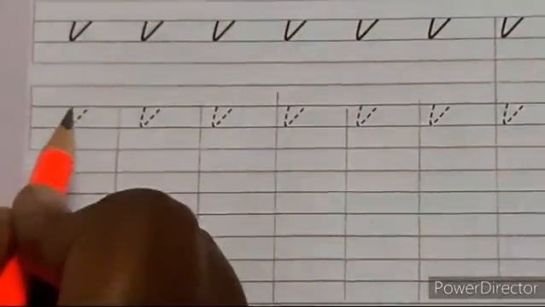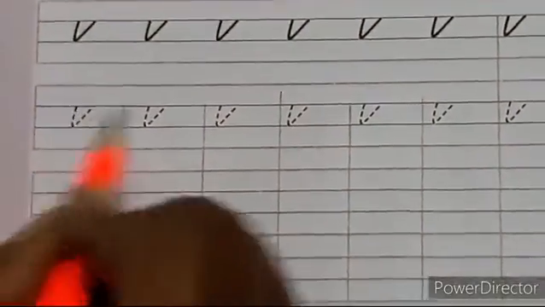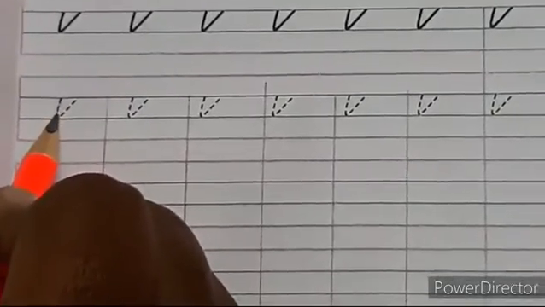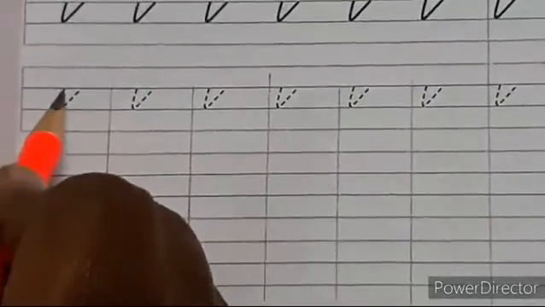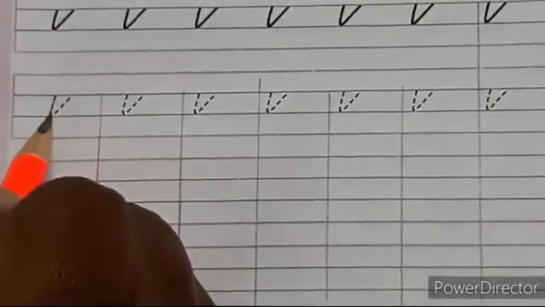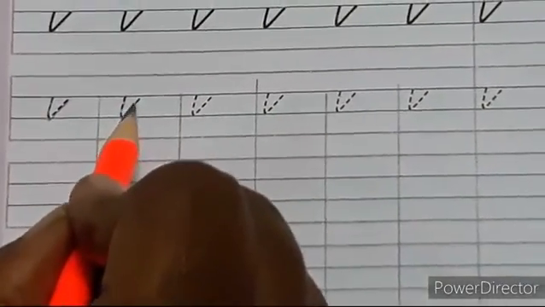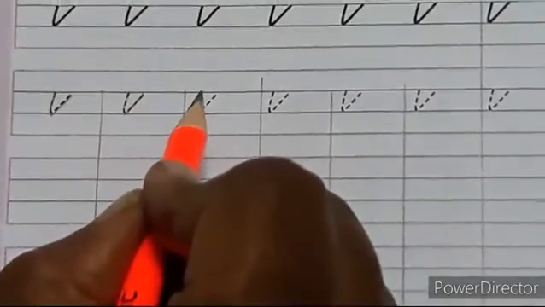Look at this, children. It is like a small tick mark. How you will start from here. See, start from here. First tracing is very important. Don't give both sharp. See, look at me. Come down and then it should go above. See, again come down and it should touch here. Again look at me, like a V.